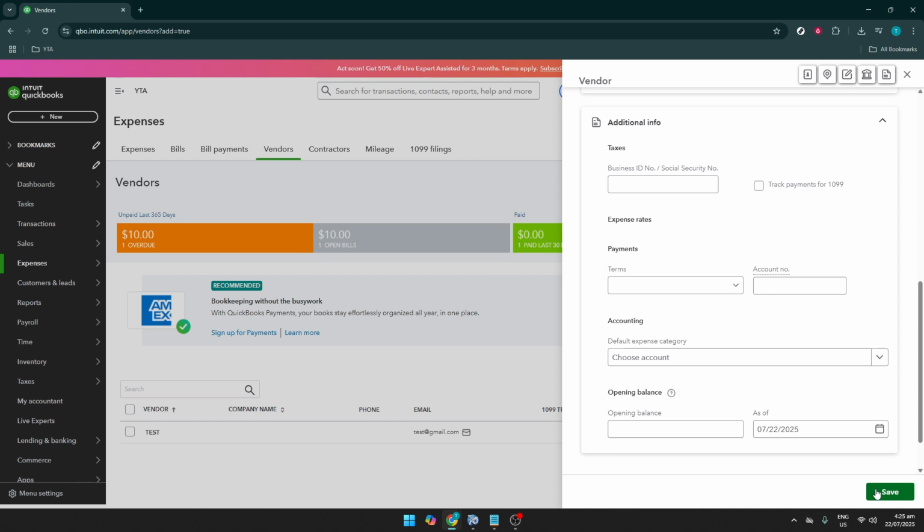And there you have it. You have successfully added a new vendor to QuickBooks, which will help streamline your business operations by keeping your vendor information organized and